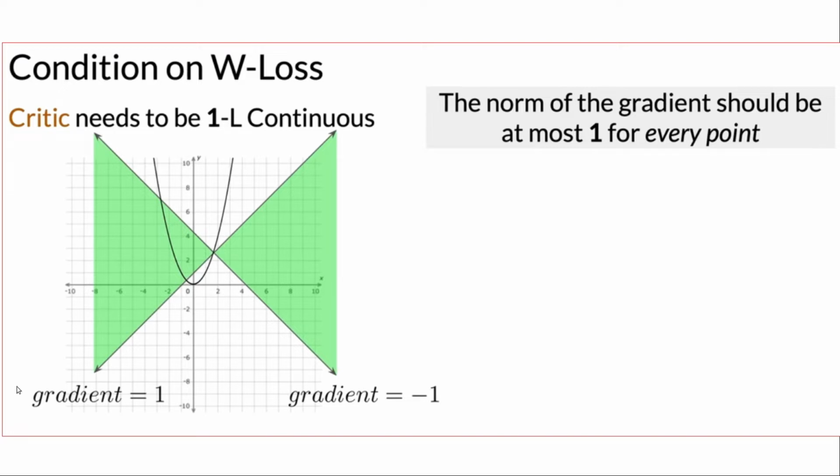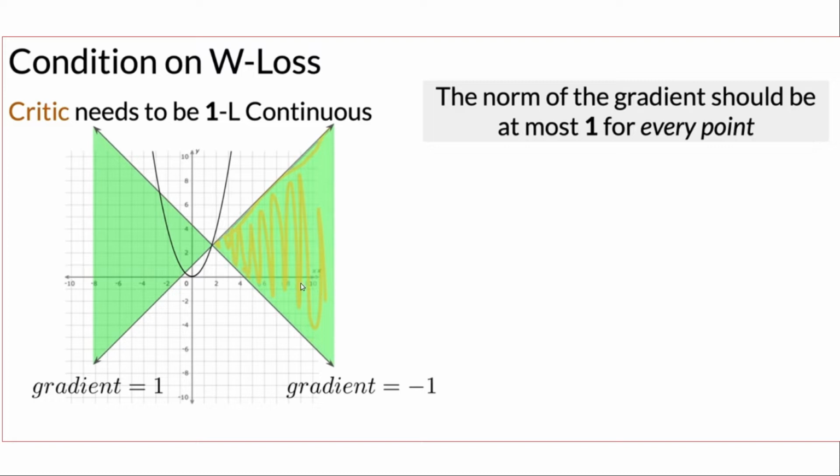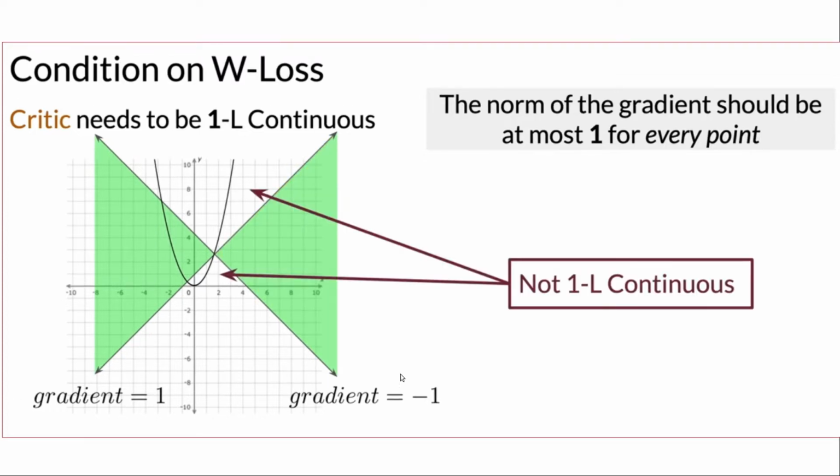And by the phrase out of bound, I mean this green area. The function cannot go out of this green area, because within this green area our condition of 1-Lipschitz continuous is valid, because staying within these lines means that the function is growing linearly. So in our case, this function, f(x) = x squared, is not 1-Lipschitz continuous, because